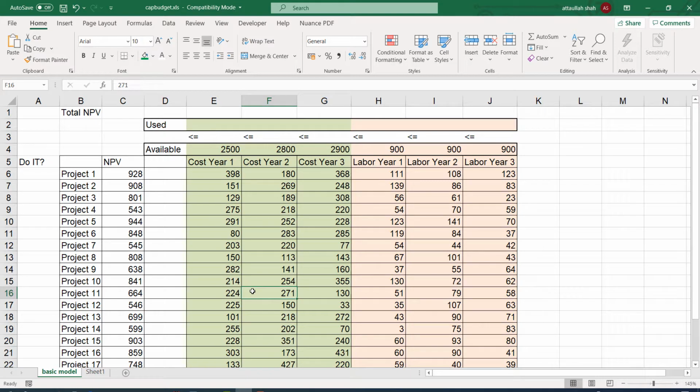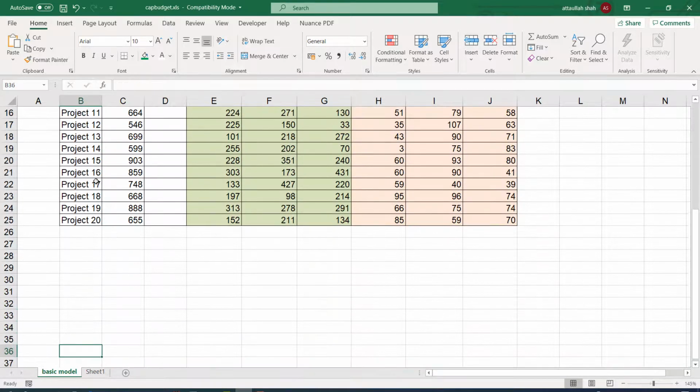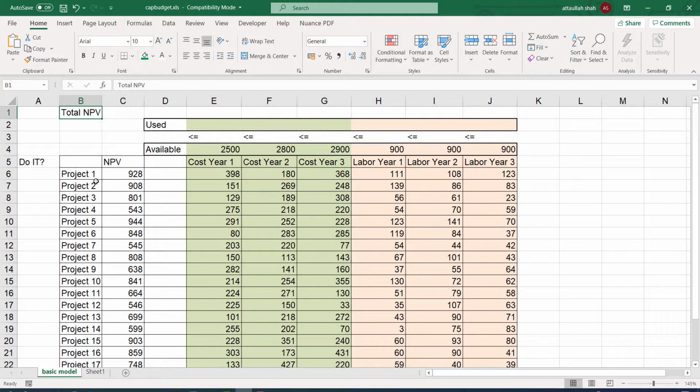Okay. So first let us discuss the problem that we try to solve, and then we shall discuss the solution. This is a list of projects. So we have project 1, project 2, and up to project 20. Each project has its own net present value.